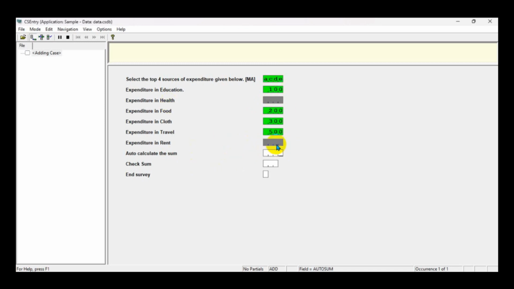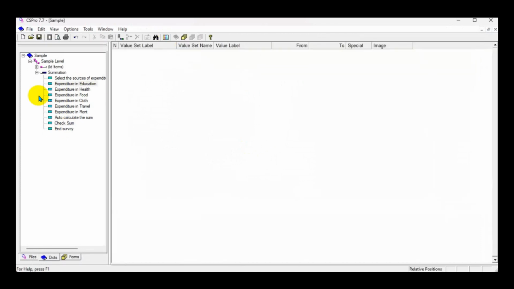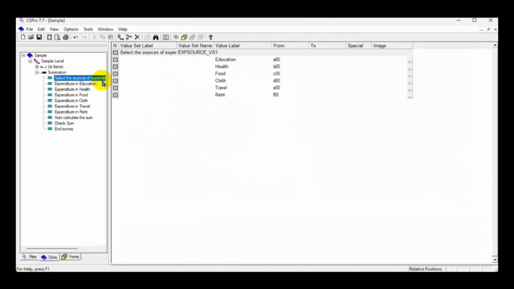Second and the last one, like health and rent. Here we have 2 missing fields. In this case, the auto calculation cannot work. Let's try to correct and try to understand what the mechanism is in the source, and